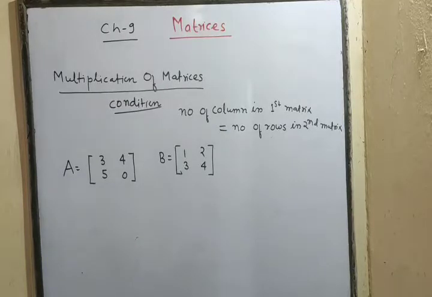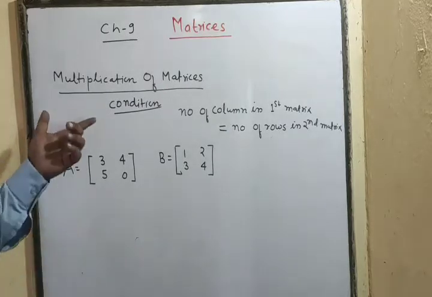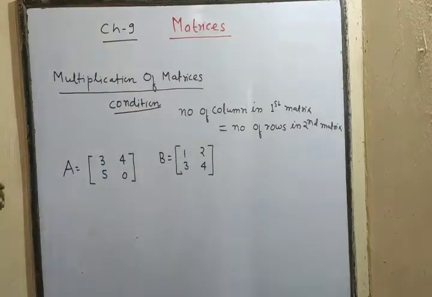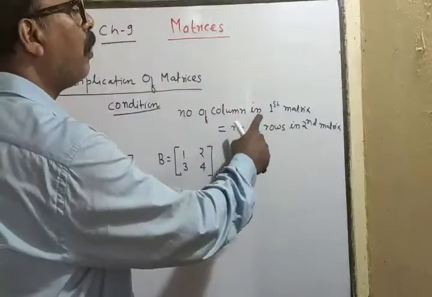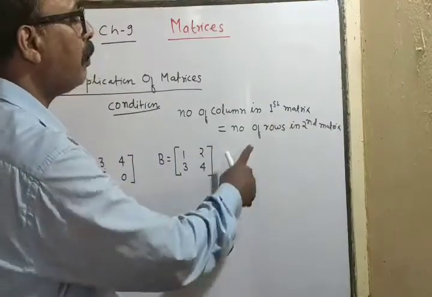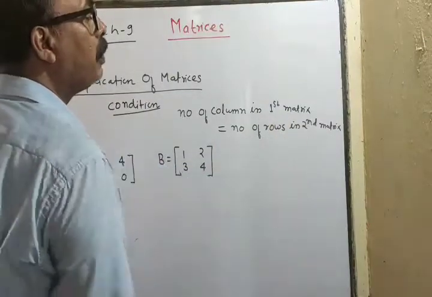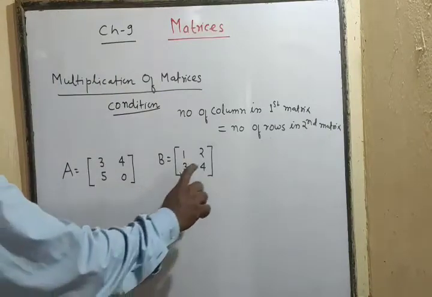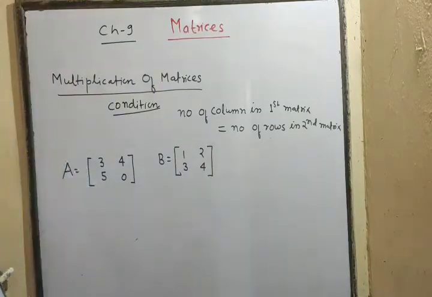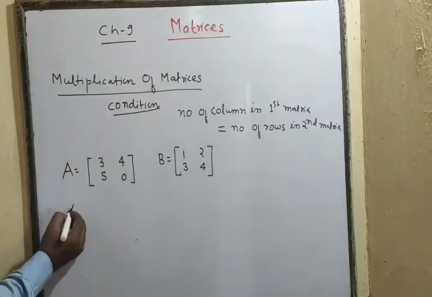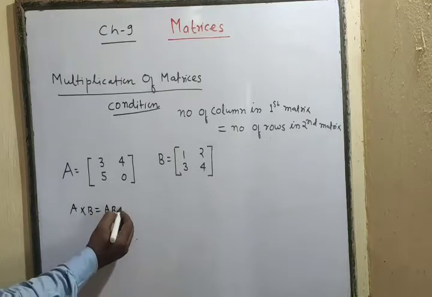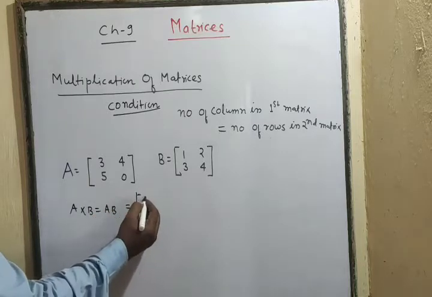Now we are in the next video where we'll learn how to do multiplication of matrices. But one condition here: the number of columns in the first matrix must be equal to the number of rows in the second matrix. So the number of columns here is 2 and the number of rows here is 2. So if we have to find A into B, or AB, this will be equal to